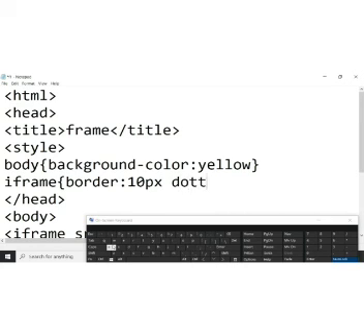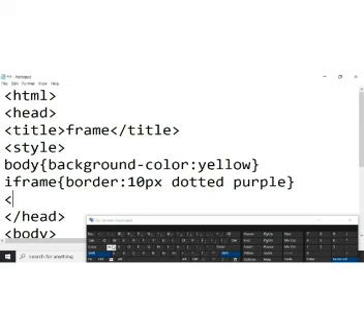You can also write solid green, whichever color you want, or double. Like this you can write the values here. Now I'm going to close my style tag. This is how you apply CSS. You can simply close it and now save your work.